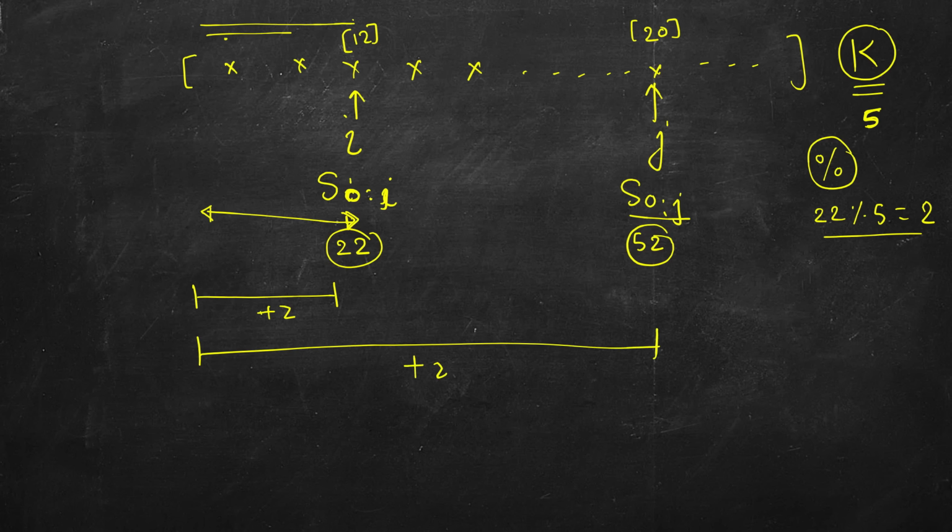So what can we say about the sum from here to here? Just after this index, if you take this sum, in this part we don't have any extra. We had 2 extra accumulated right at this index itself, and when we reach here, still the extra is 2. That means this region is completely divisible by 5. So the sum of this region will be 30. So clearly, if we find some repeating remainders, then we can safely say that the subarray after this index till this index has a sum exactly divisible by 5. This is the concept we will use in our solution.